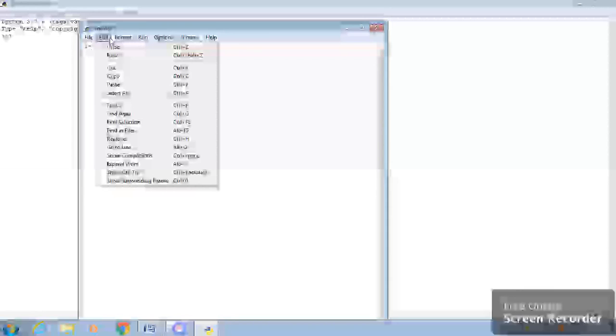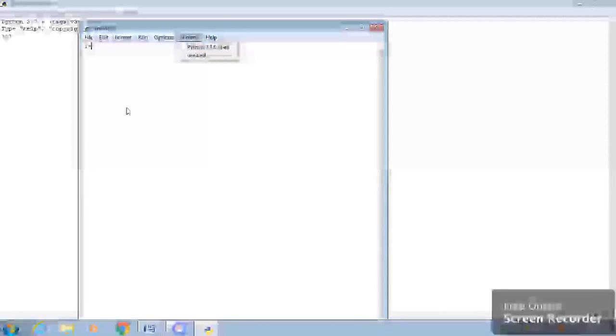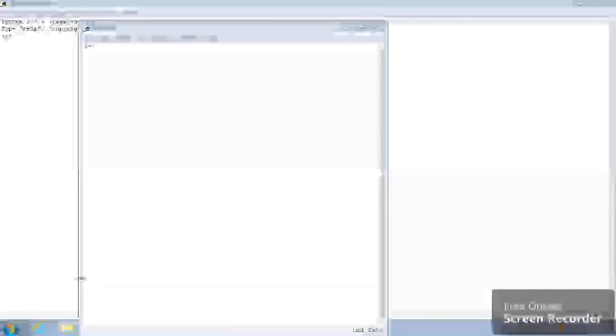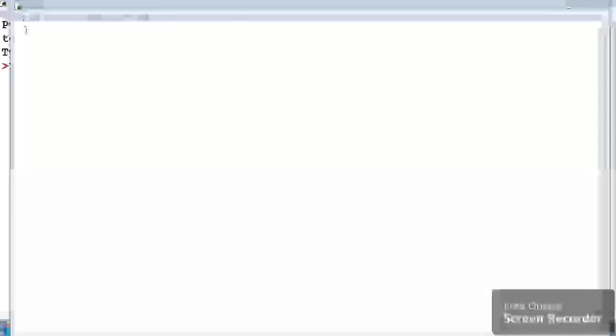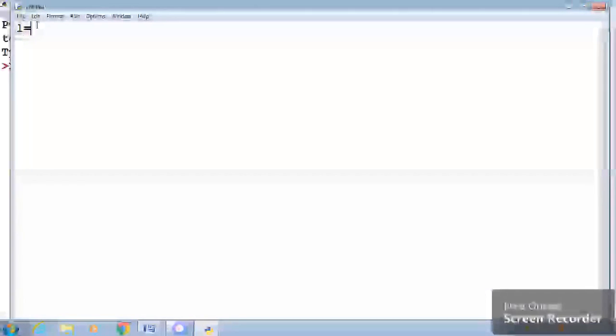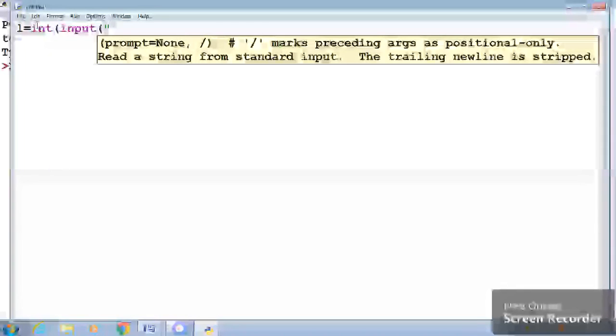So just explore all the menu items here, like options, edit, file, run, and how to use them. You can install any version. I have installed 3.7 because right now we are doing basic programming in Python. It is very simple and you can take it directly from python.org. Now I'm just enlarging the font so that it will be visible for you.